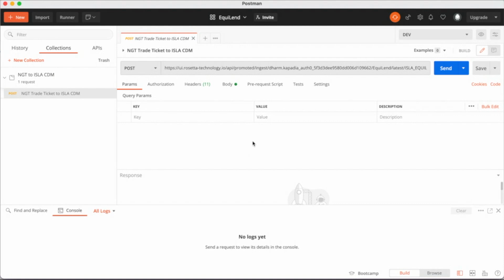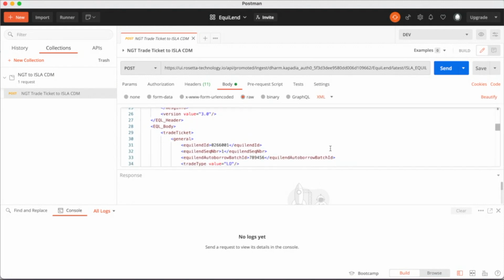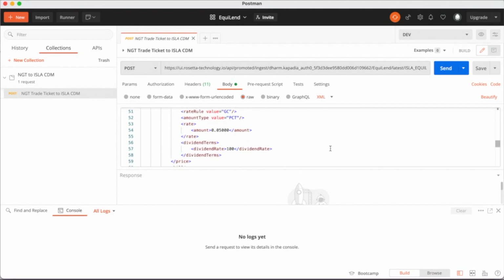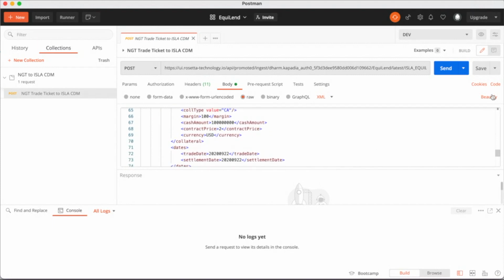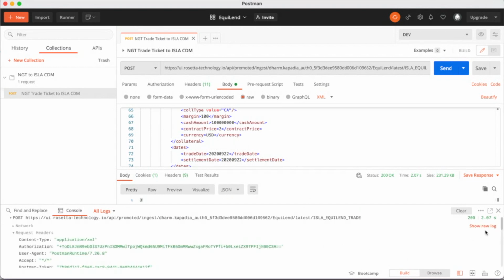I have created the structure of the API call to the CDM and taken the liberty of preloading the CDM API call with the trade ticket data previously displayed in the appropriate NGT messaging protocol format. When I click on the send button, it will execute the same API call that NGT would make at runtime, and the entire trade ticket will get sent to the CDM API, validated, mapped, and then a response will be quickly returned back to this visual interface. As you can see, the API call was successful.